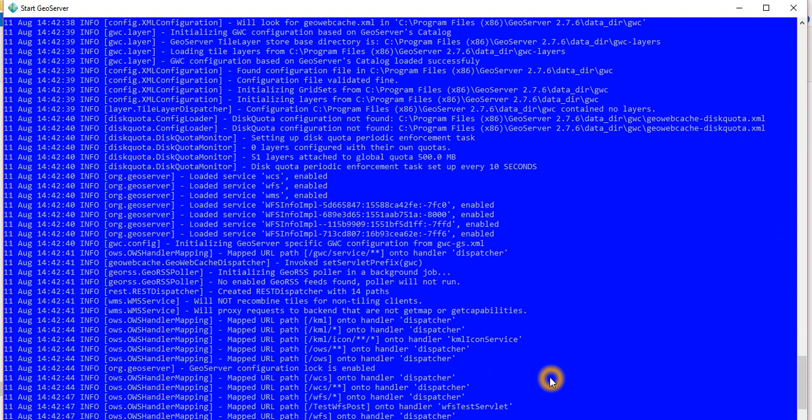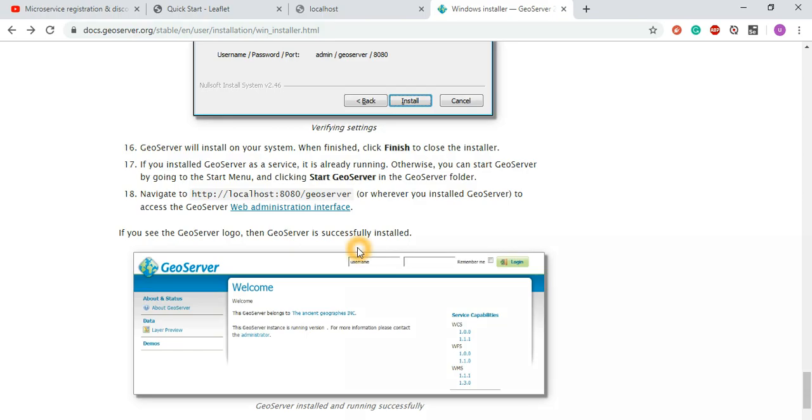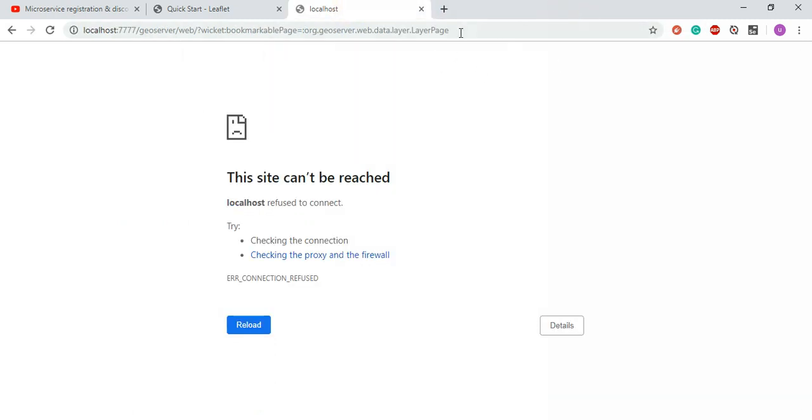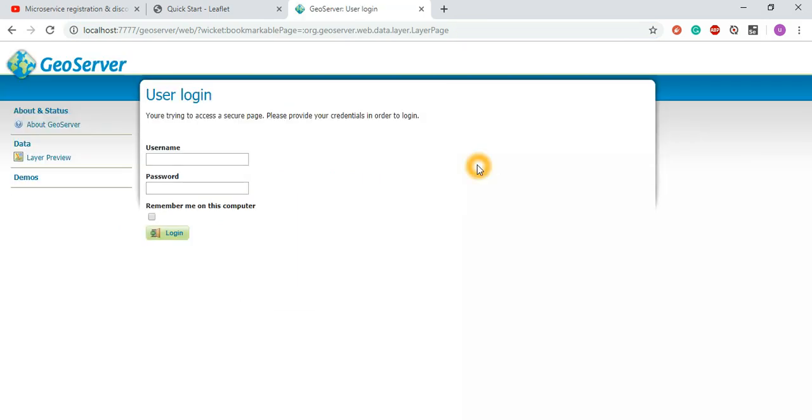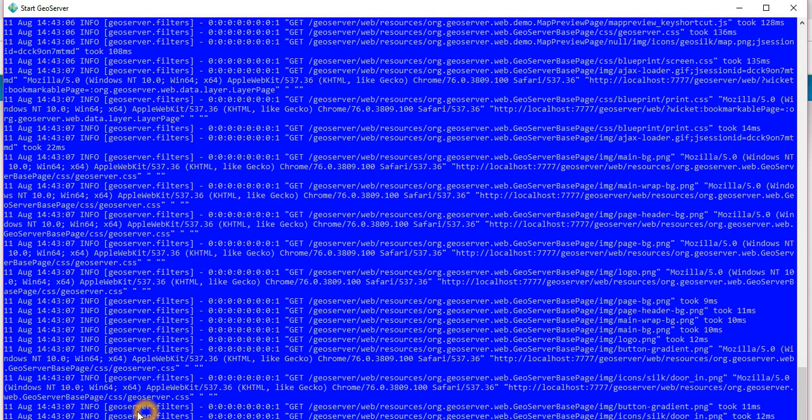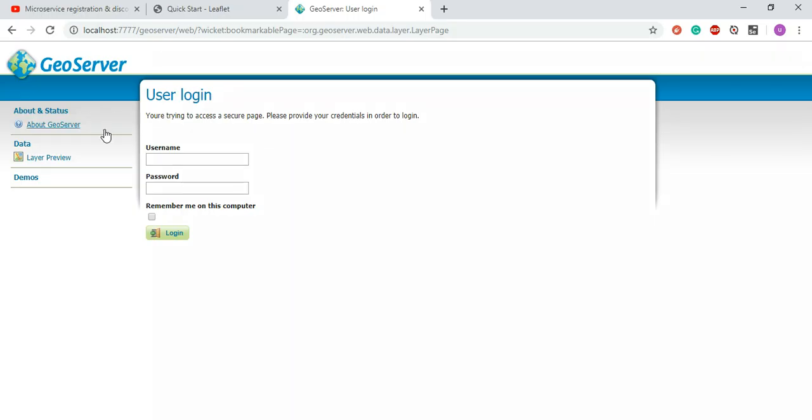So when the GeoServer has started, we can go to our workspace. Let's have it started. That means GeoServer started. You see, it gets the information from here. You see the GeoServer is still running. The end of the message will be: GeoServer is started. You see there's localhost and the port, and the GeoServer web resource, all things are here. So that means we can now add GeoAdmin and then default Geo